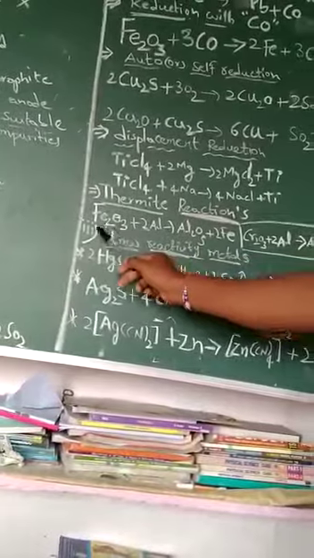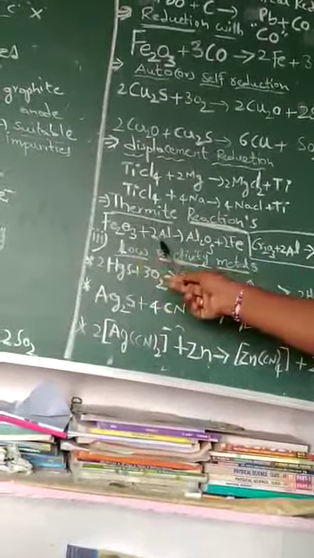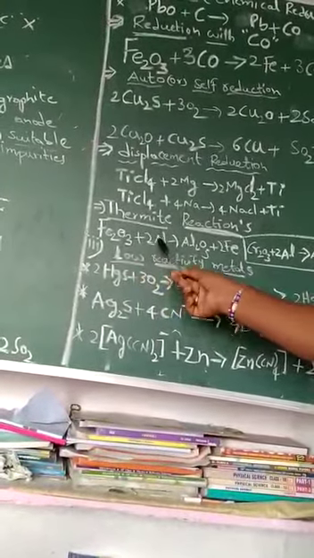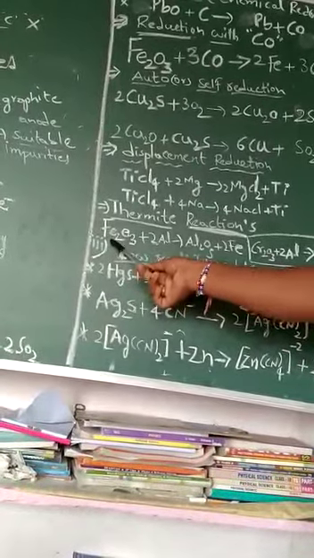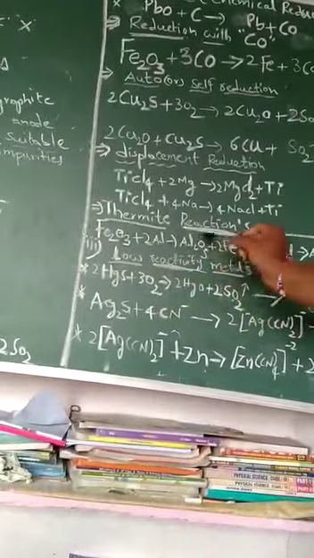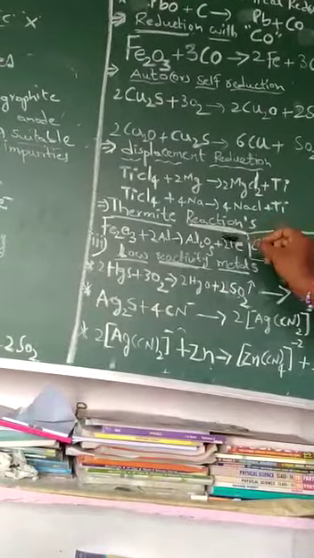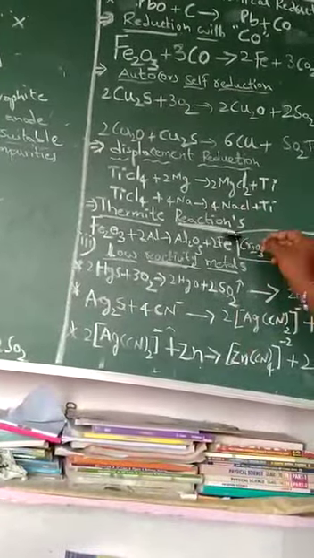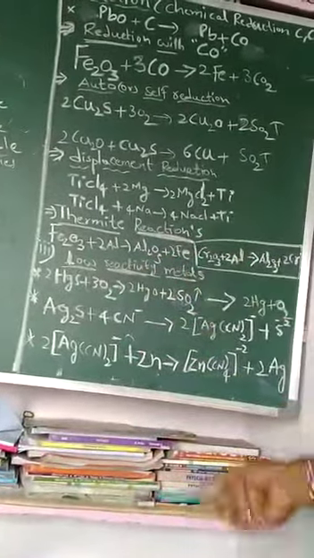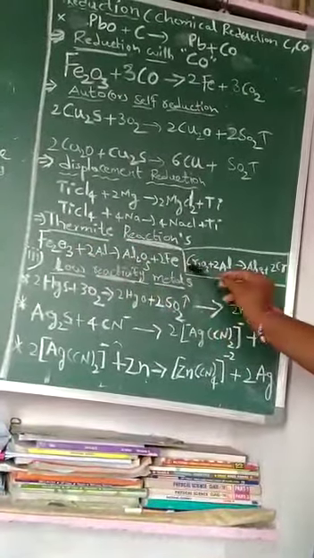So Fe2O3, iron oxide. In this Fe2O3, the iron is displaced by 2 aluminium. Fe2O3 plus 2 aluminium: aluminium occupies iron's place and forms Al2O3 plus 2 Fe. After completion of this reaction, excess heat is released, approximately 1300 degrees Celsius. That heat is useful for connecting railway tracks and railway bridges. Instead of iron oxide, we can use another substance also, Cr2O3.